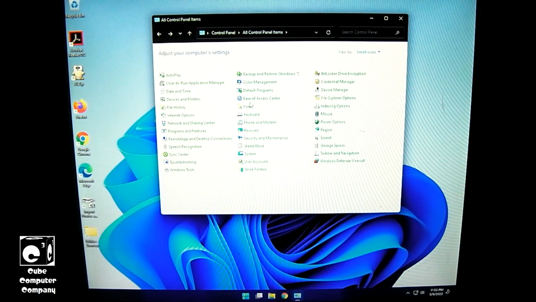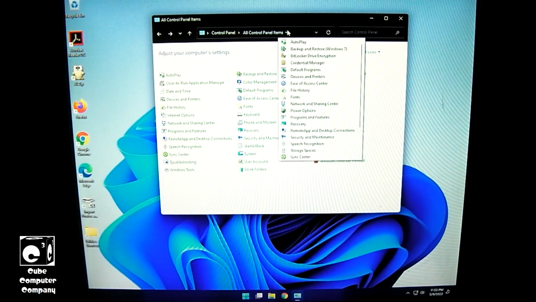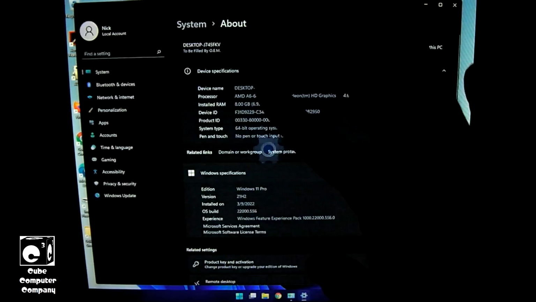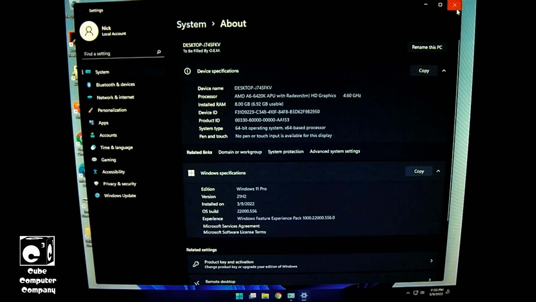Now, I should mention that in Windows 11 they did fix the loophole to where you could access the classic system properties. For example, on Windows 10, I'll show you in a minute. So if you click that on Windows 11, it takes you to the Settings app to show you your system properties. Whereas on Windows 10,